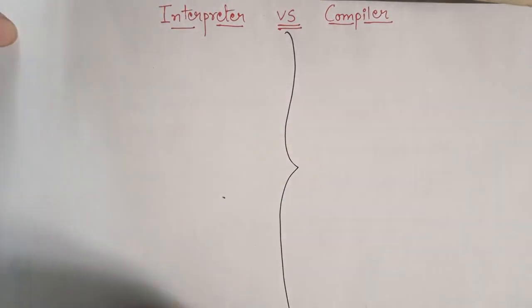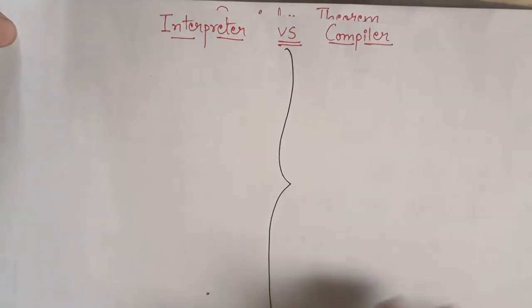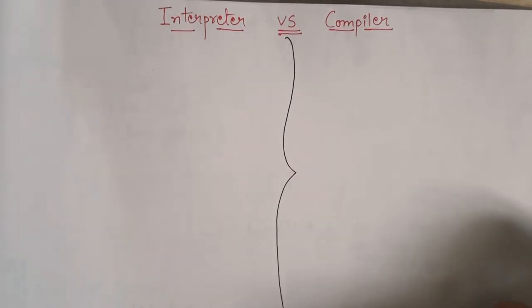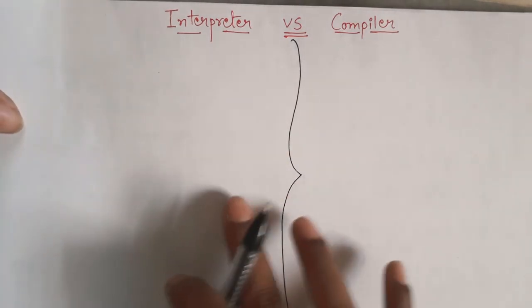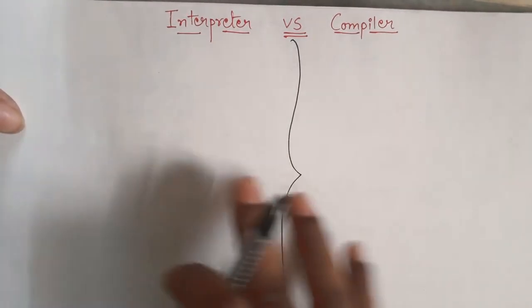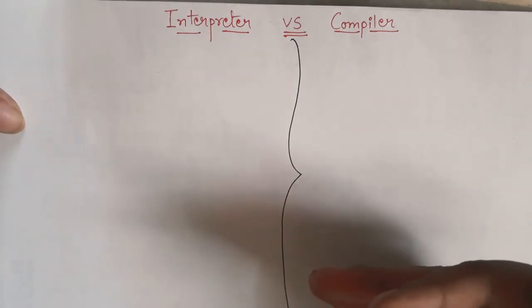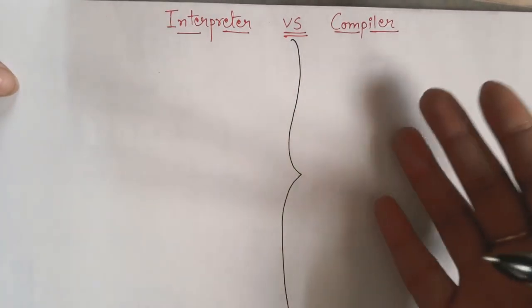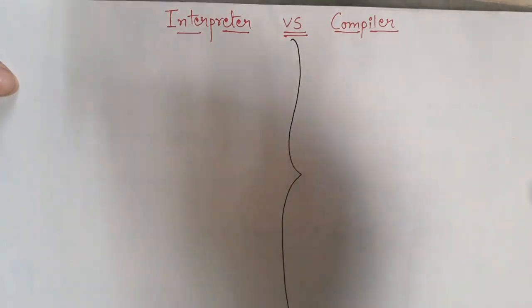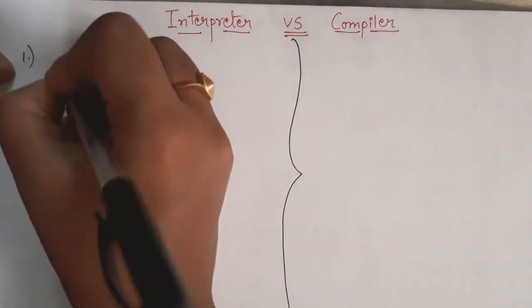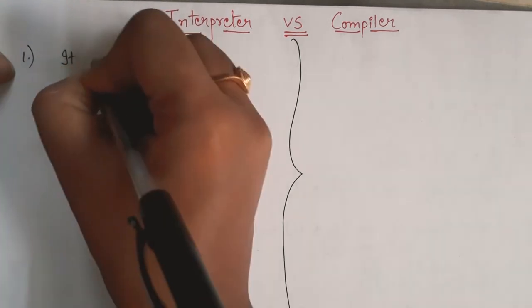This side I will be writing for interpreter and this side I will be writing the points for compiler. Okay, so the first difference that we can consider between interpreter and compiler is that interpreter executes a single line of code at a time, whereas compiler takes the entire program at a time. So the main difference is, in interpreter you can say that it takes